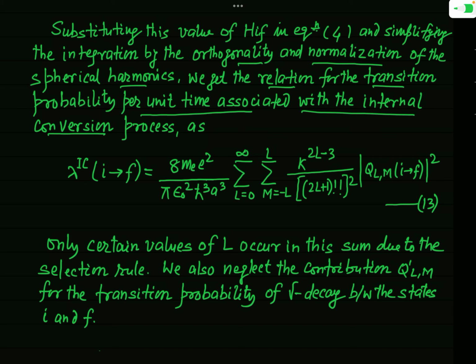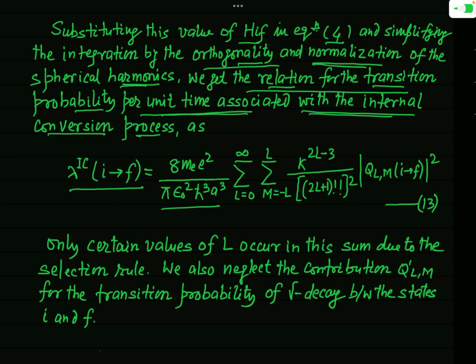Okay. So I have mentioned here that substituting this value of HIF in equation 4, you have just seen equation 4, and simplifying the integration by orthogonality and normalization of the spherical harmonics, we get the relation for the transition probability per unit time associated with the internal conversion process. And what will be that result? I have mentioned it here directly. You can see this will be lambda IC I to F. IC here stands for internal conversion. And that will actually result like this: